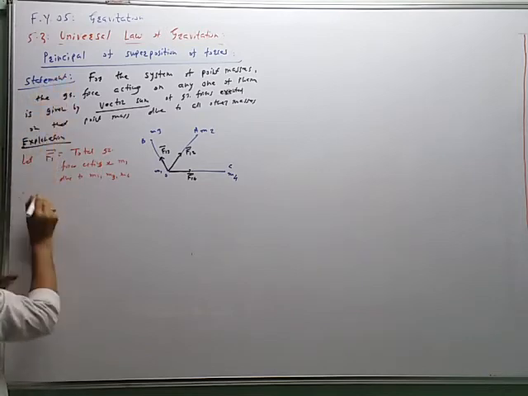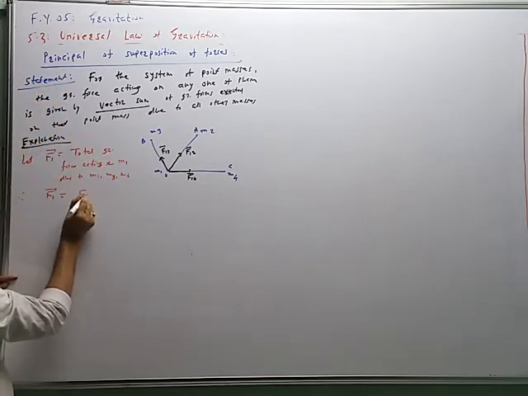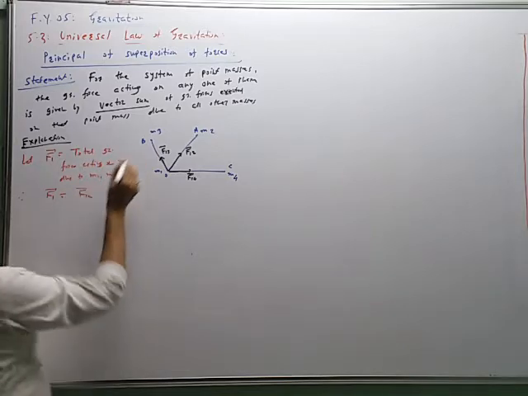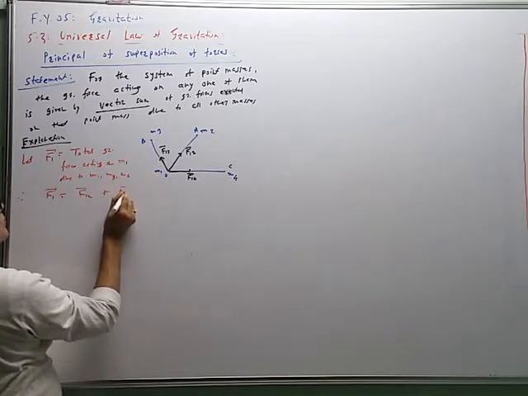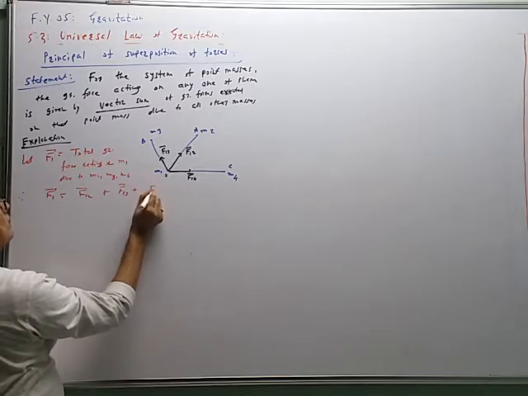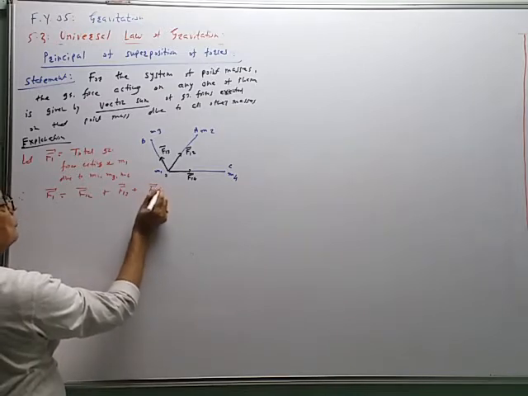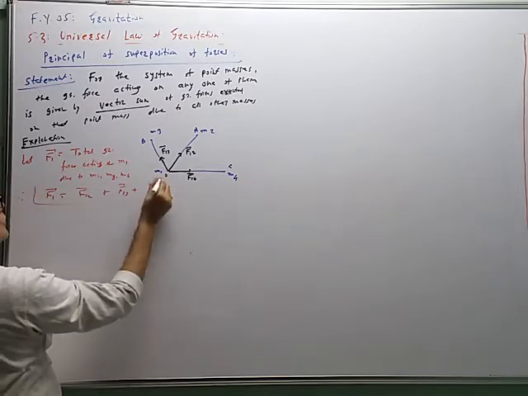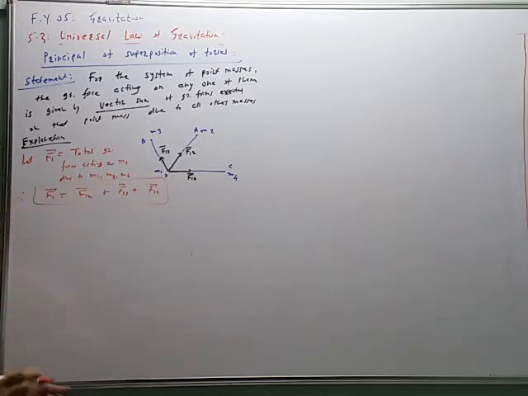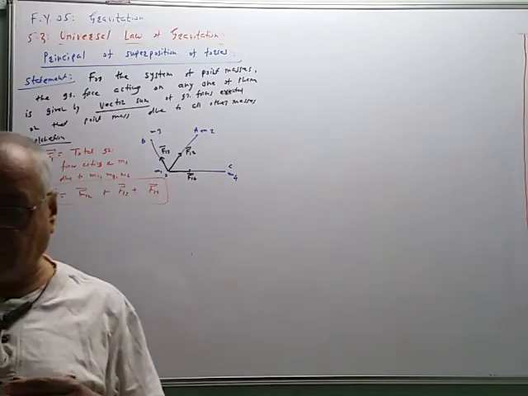Therefore, by this statement, vector F1 is equal to the gravitational force due to m2 plus the gravitational force due to m3 plus the gravitational force due to m4, like this. So the total force or net force acting on the particle of mass m1 is given by